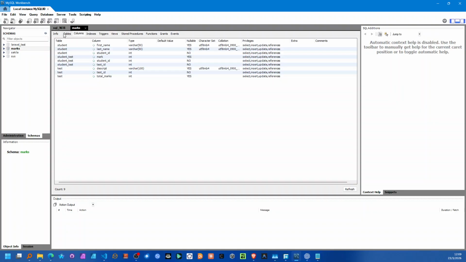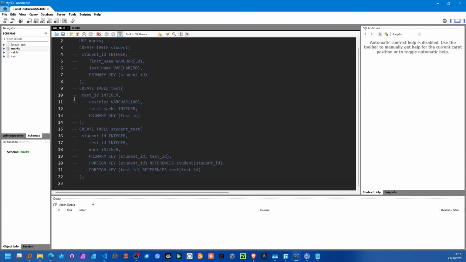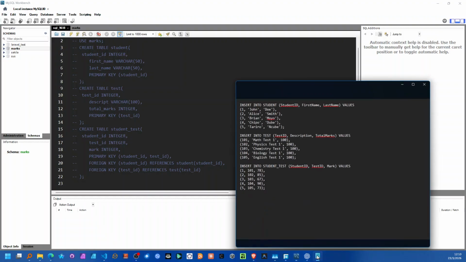We're only concerned with the tables. So you can actually see that we have three tables going on: the student table, the student test table, and the test table. And now we want to go ahead and insert data into our tables. The way we can go about it is to make use of the INSERT INTO keywords. And since we have three tables going on, and to keep the video short,